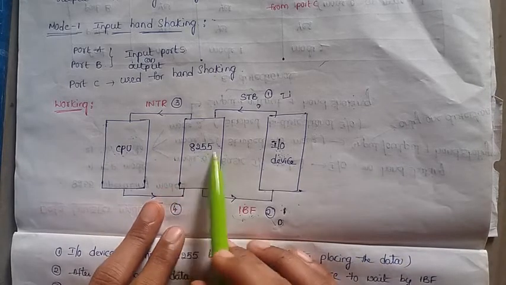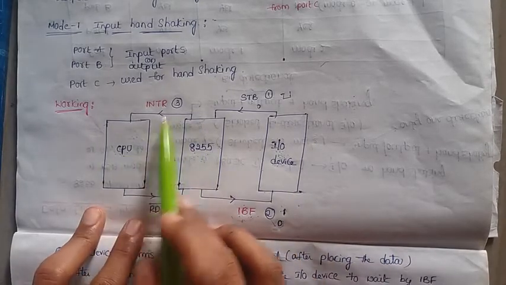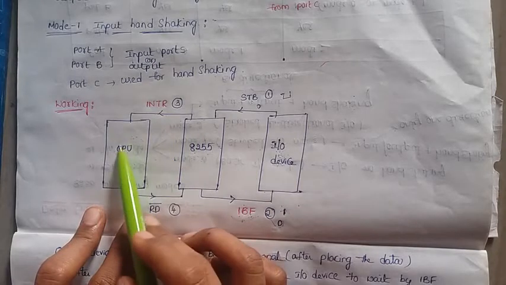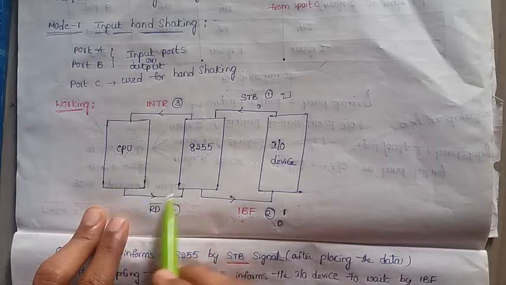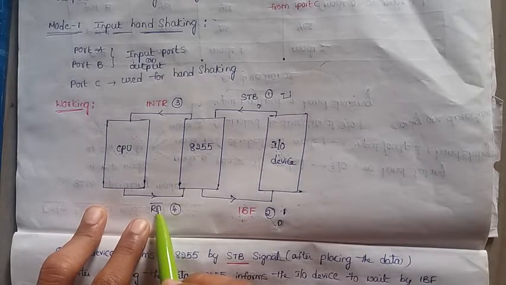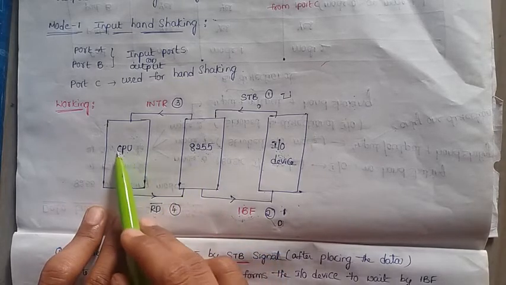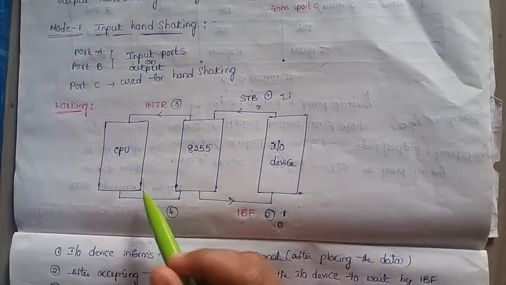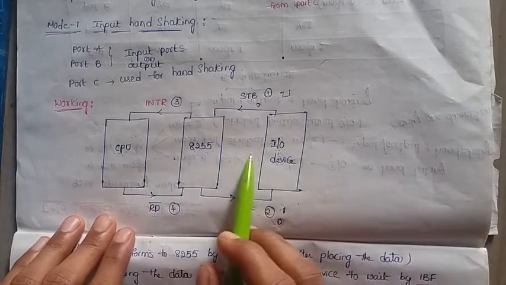After receiving the data and informing the IO device, 8255 interrupts the microprocessor by sending the INTR signal. Whenever the CPU receives this INTR signal, in response the CPU reads that 1 byte of data by sending the RD bar signal. As soon as the data in the buffer is read by the CPU, 8255 informs the IO device by making IBF low, so the IO device can send more data to the 8255. This is the sequence in input handshaking.